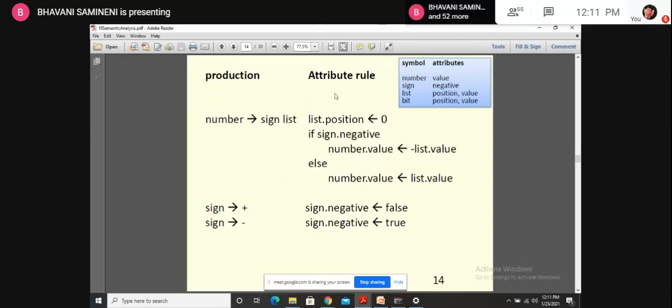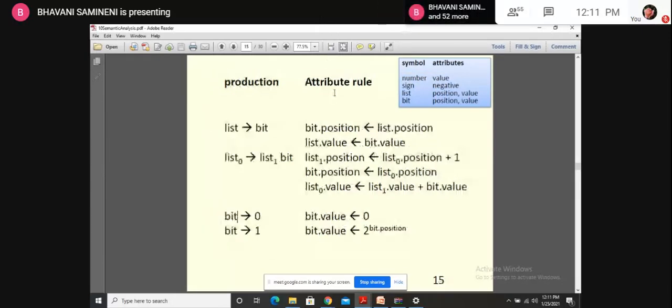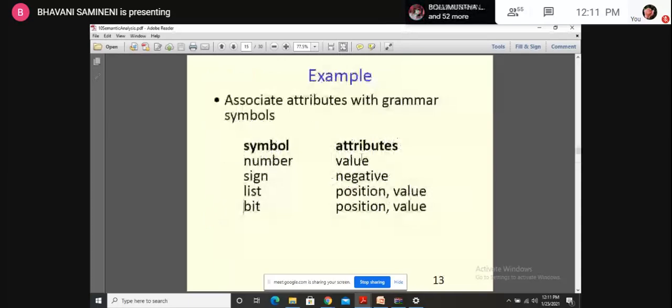We call an attribute with a dot: number dot value, sign dot negative, list dot position, list dot value, bit dot position, bit dot value. This is how we are going to retrieve the attribute values. Suppose I want to get the value of list, then I have to define it like this: list dot value.